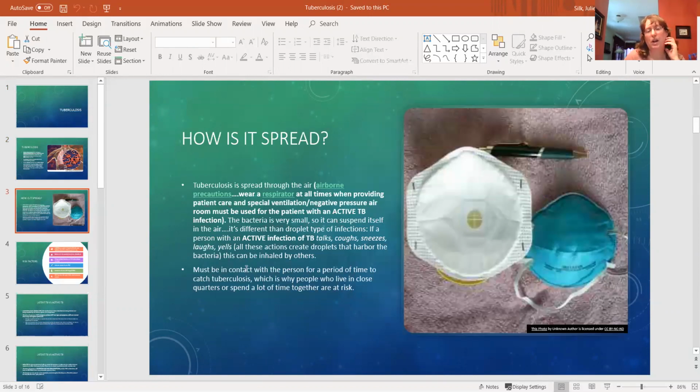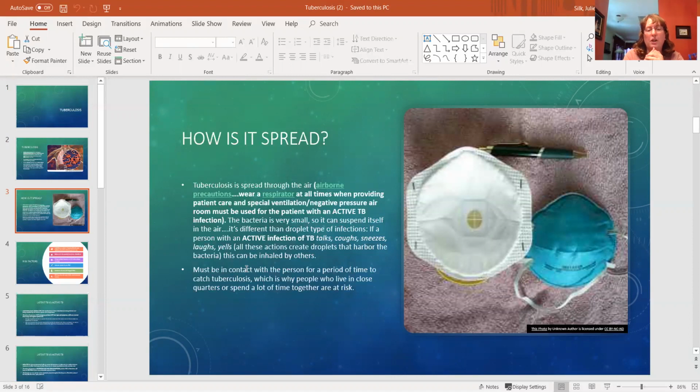So how is this spread? So typically this is spread through the air, through droplets. So you're supposed to wear a respirator at all times when you provide any kind of patient care to this patient. So usually this patient is put in a negative pressure airflow room, so they have to be in there by themselves. And then every time you go in to take care of them, again, you have to have that special mask on. It's called an N95 mask, and it has a respirator built in it to kind of protect you